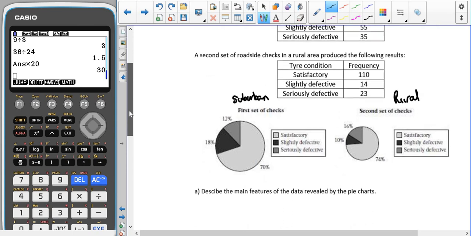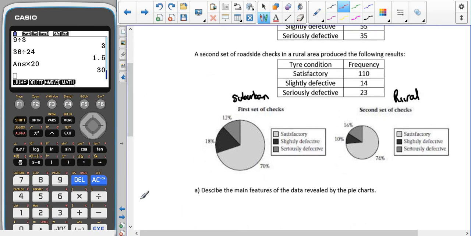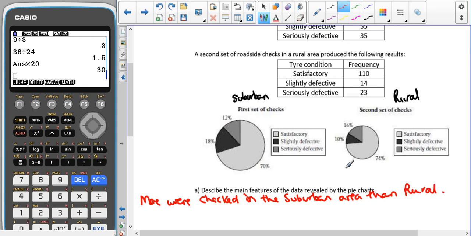So describe the main features of data revealed by the pie charts. So more cars were stopped or checked in the suburban area than rural, because the suburban pie chart is bigger than the rural pie chart. We can also see in both of them that this light grey coloured section is the biggest part of our pie charts. So in both locations,